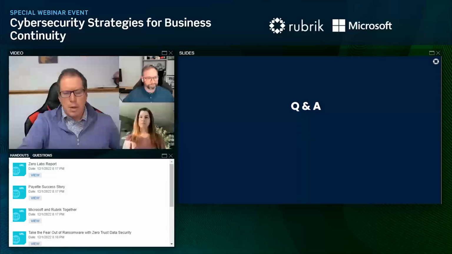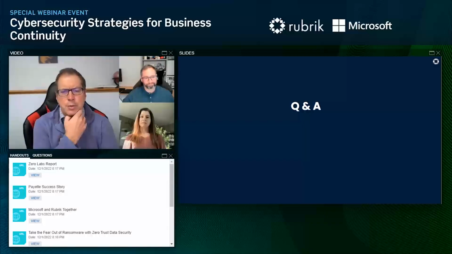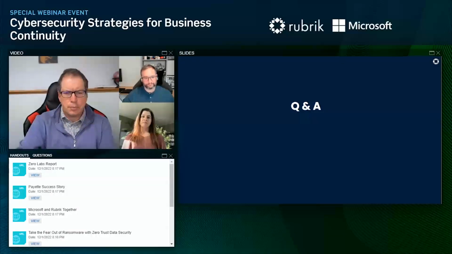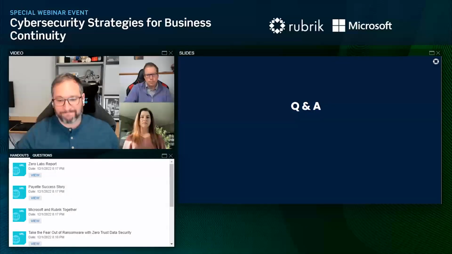Okay. This next one comes from Paul, who's wondering, how often should a business continuity plan be updated, and what elements should it include? Yeah, I think as often as you can. I think in practical terms, that's maybe quarterly. I've seen folks do it annually. I don't think that that's often enough.